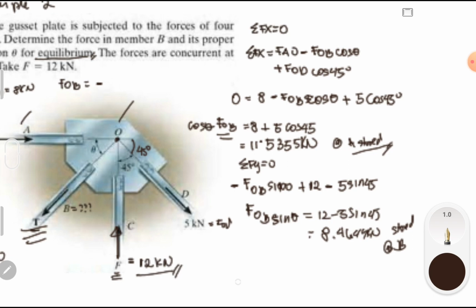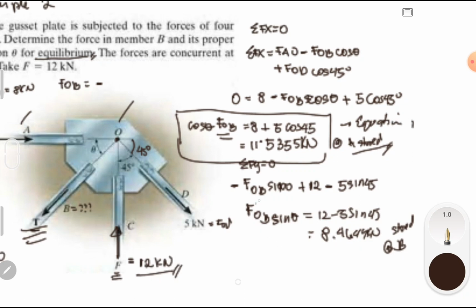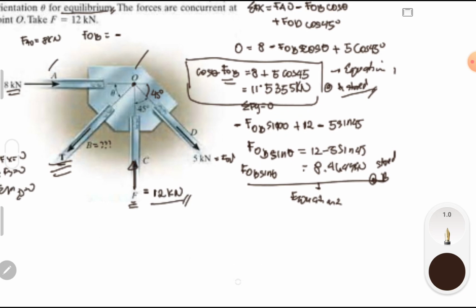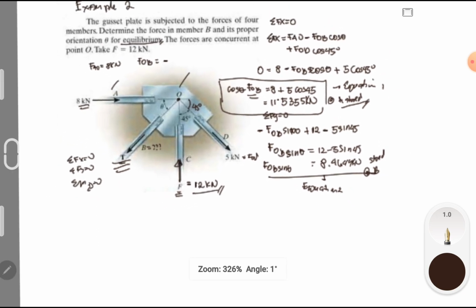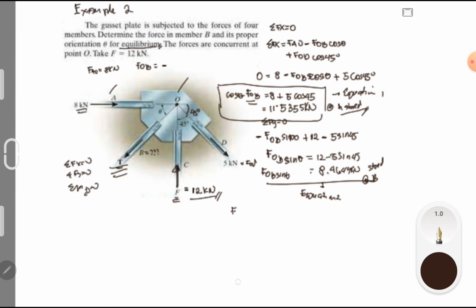So let's say that this will be our equation 1. And this will be our equation 2. FOB sine theta is equal to 8.46. Equation 2. Okay? So, like our solution in our first example, you just divide that. Equation 2 divided by equation 1,